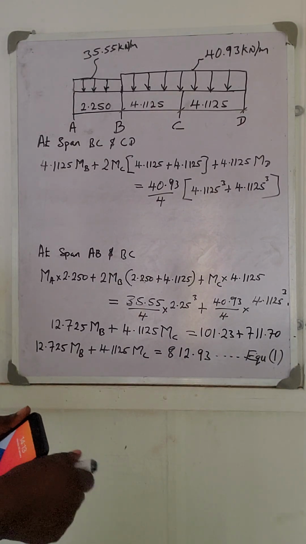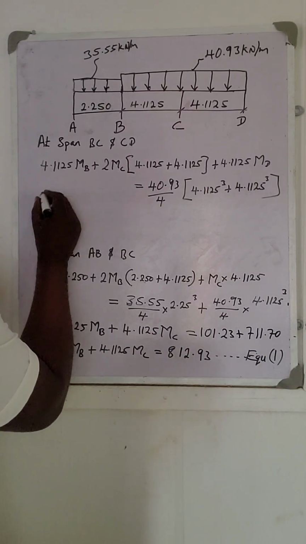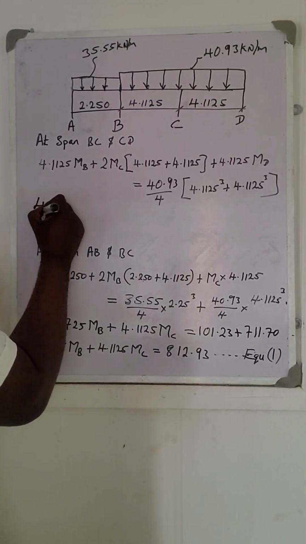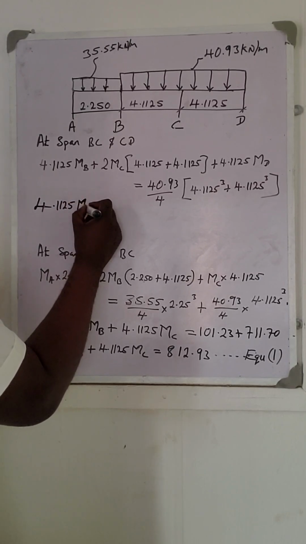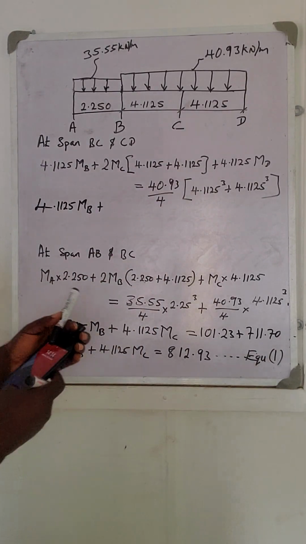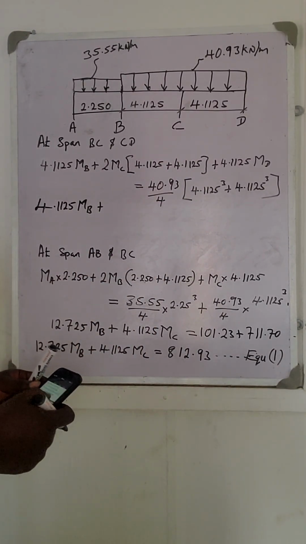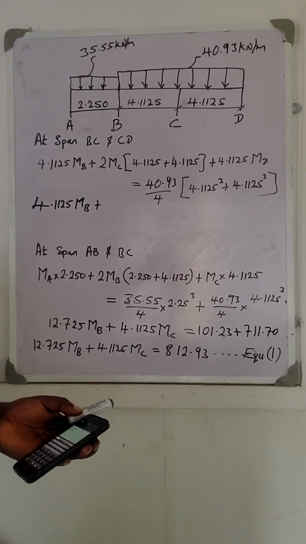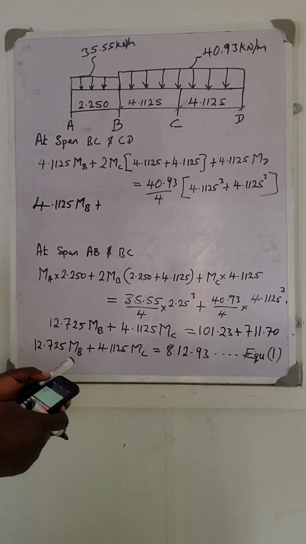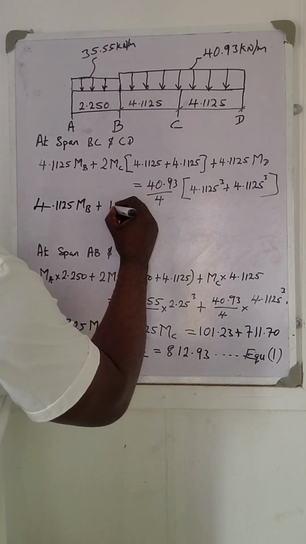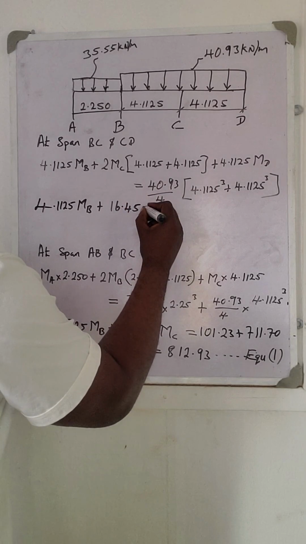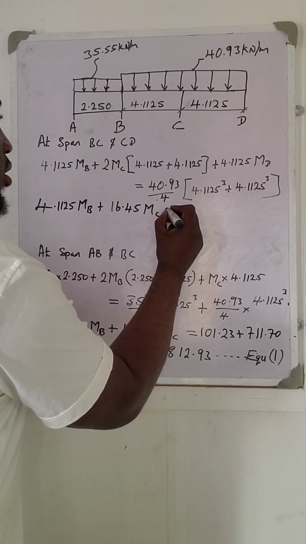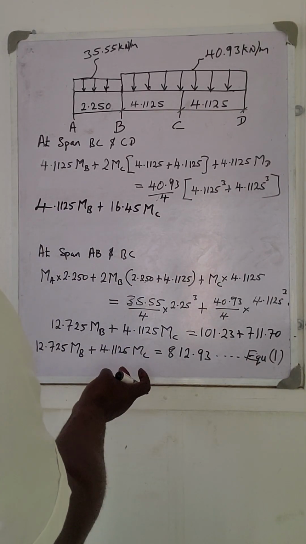so when you solve, you are going to have, bringing this one down, 4.1125 MB plus this, 4.1125 times 2 times 2, I have 16.45 MC is equal to,